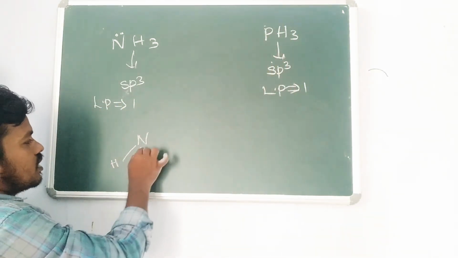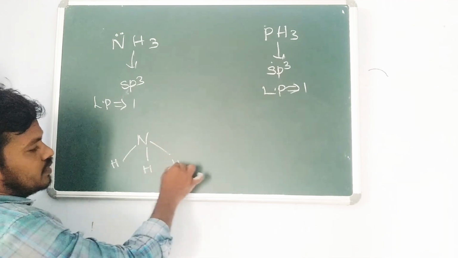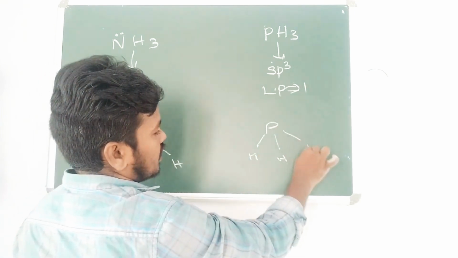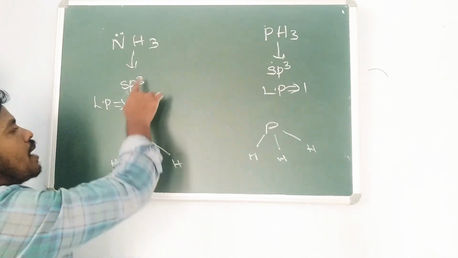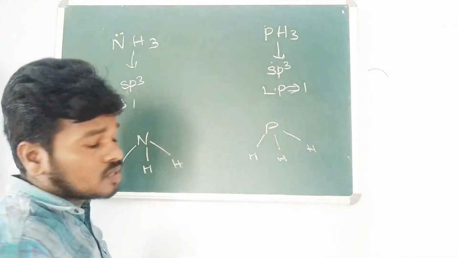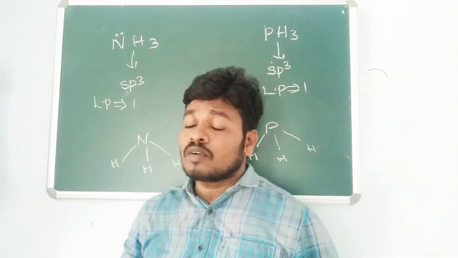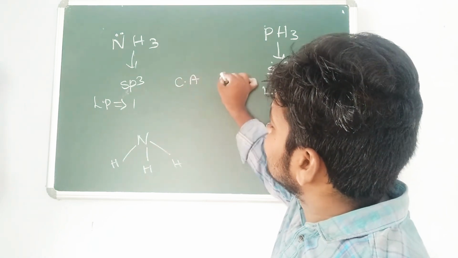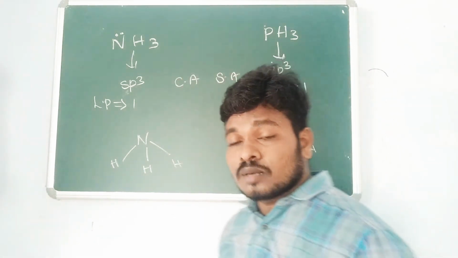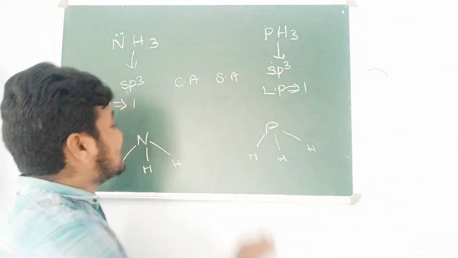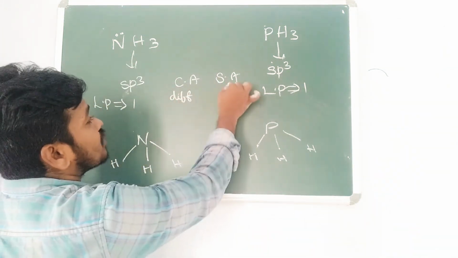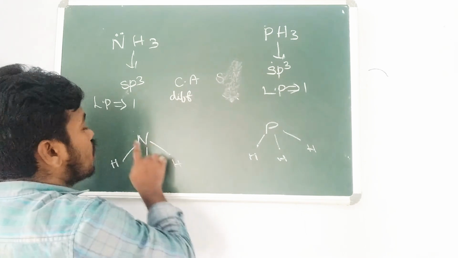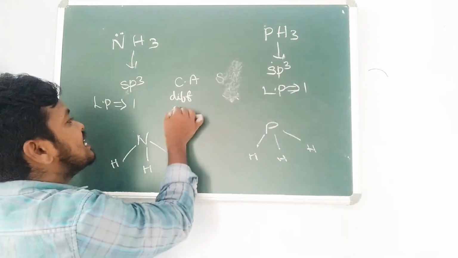So if you draw the structure, hydrogen, hydrogen, hydrogen, phosphorus, hydrogen, hydrogen, hydrogen, which is having the more bond angle? Hybridization is similar, lone pairs are also similar in this one. So at that time, what we have is that hybridization and lone pairs are similar, so check whether the central atoms are similar or not, and the surrounding atoms are similar or not. The central atom is different, the surrounding atoms are similar. In this case we should not consider the surrounding atom. Whatever is different, that only should count.